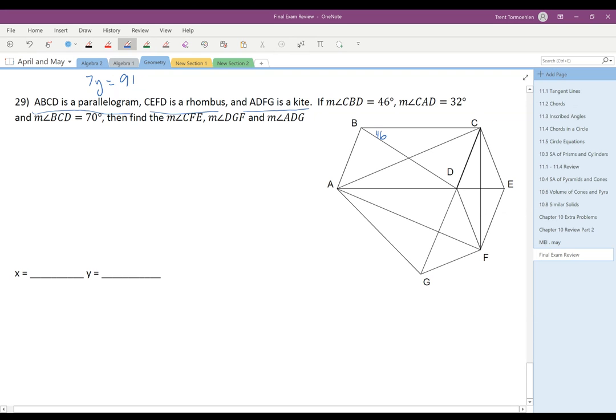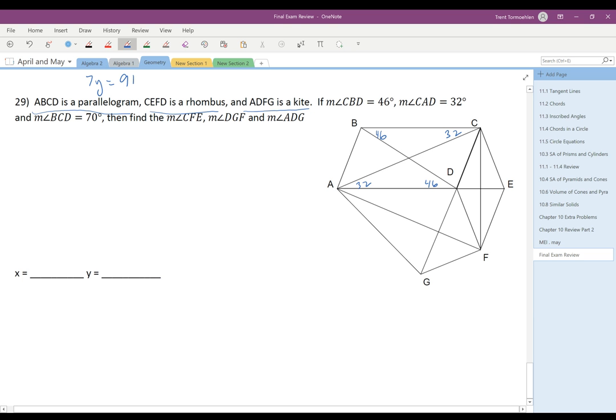Well, the sides are parallel, and so diagonals act as transversals. So if CBD is 46, then that means this angle down here is also 46. You're given that CAD is 32. So if this angle is 32, then this angle up here is 32 for the same reason. From that, we can find out